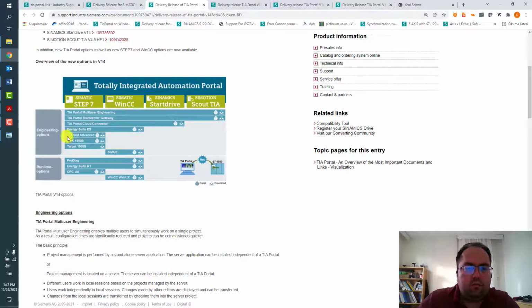Also, there are some engineering options as sub options like multi-user engineering for developing the same project with multiple users, Teamcenter Gateway, Energy Suite, PLCSIM Advanced, and I have to mention there are two different simulations for TIA Portal. One option is basic simulation and the other option is PLCSIM Advanced.